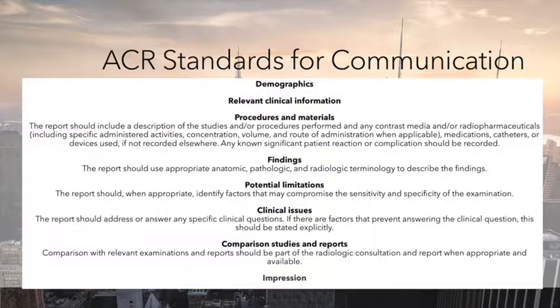This is the entirety of what comes into a standard diagnostic imaging report: the review of the patient demographics, the relevant clinical information that leads to the exam, the procedures and materials, what you did, the findings. According to the ACR, what should go in the findings are appropriate anatomic, pathologic, and radiologic terminology to describe the examination. So essentially, in that part of the report, we're going to talk like a radiologist. The report should also list limitations of the examination that we did, the clinical issues that we find to be appropriate in generating this report, comparison with prior studies and other reports, other data that you may have,